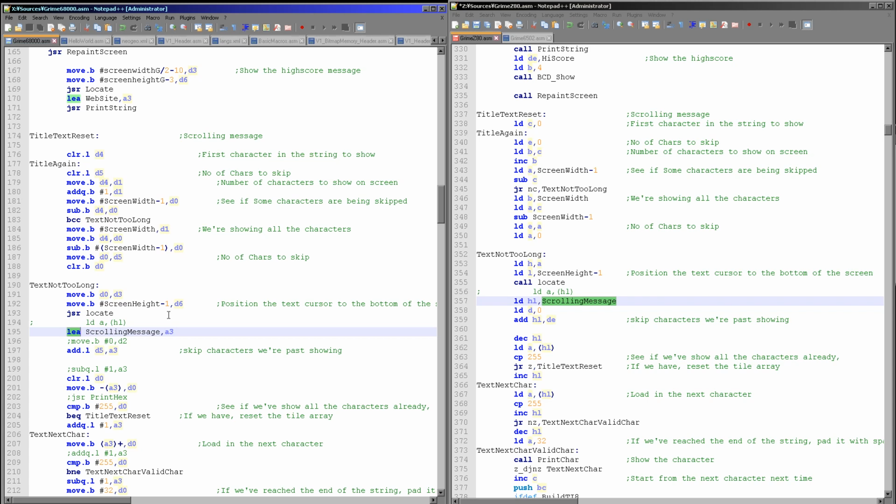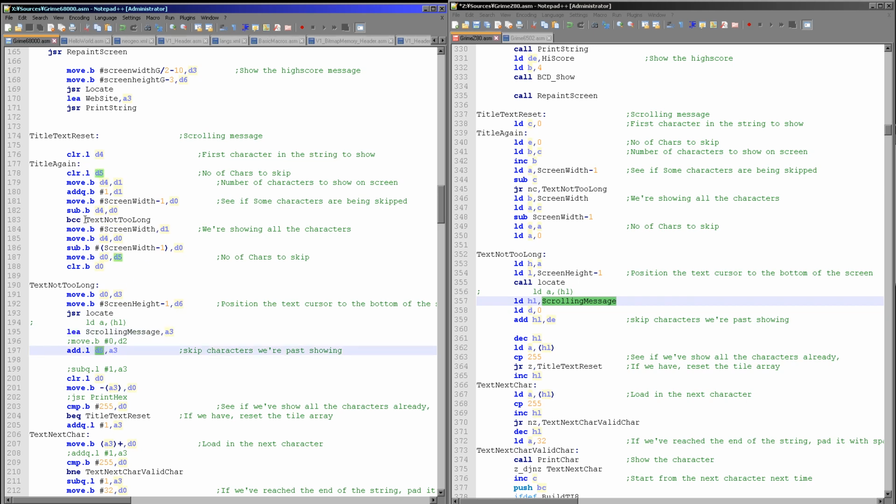Moral of the story is, if you want to access data within your program's code, always use LEA for load effective address or PEA for push effective address, which will put the address onto the stack. So that's something very important. We're going to come back to that in my tutorials when I actually get around to that. But anyway, and then we're adding